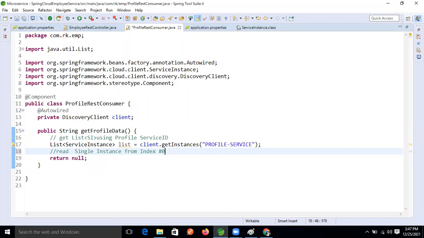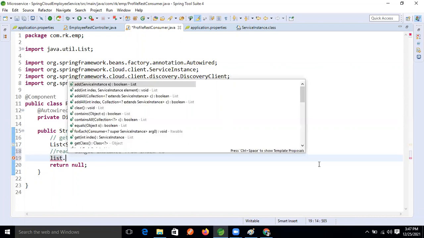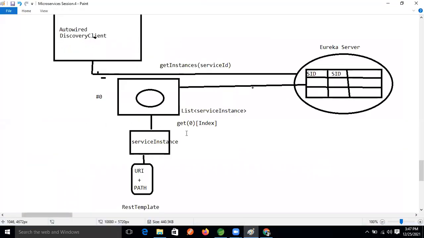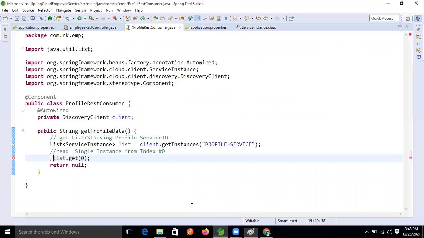Index 0, right? So how will we get it now? List dot get 0. And what are we getting now? See in the explanation, in the diagram only, what I said: a service instance. So now hold this service instance now, guys.